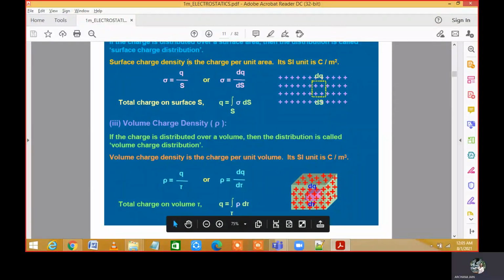Now consider a small volume. The value of that volume is dV, and the small quantity of charge is dq. Then volume charge density is dq divided by dv. Again the same thing. Cross multiplied, dq is equal to rho dv, or you can get total Q is equal to integral of rho dv, right? For volume charge density, unit is coulomb per meter cube. For surface charge density, coulomb per meter square. For line charge density, it is coulomb per